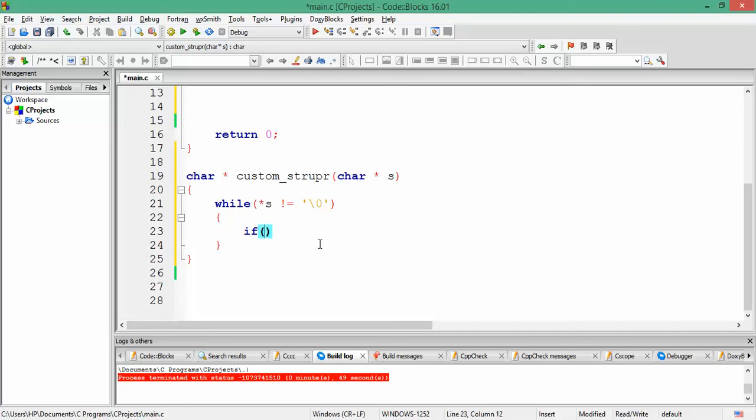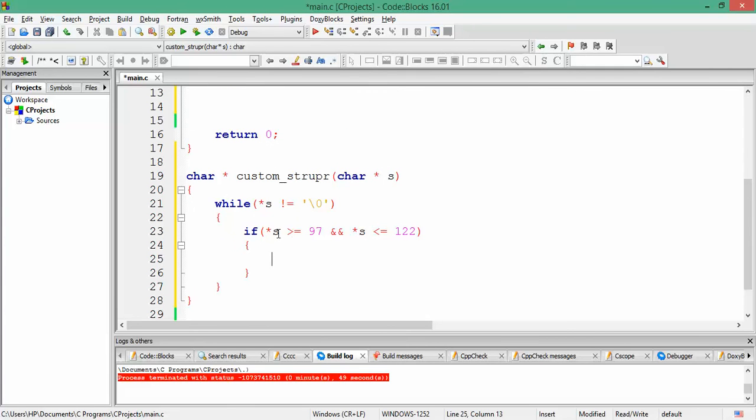So we just need to check whether the character pointed by s has an ASCII value between 97 and 122. If it is, then it is a small case letter.